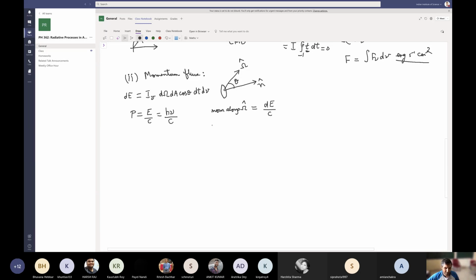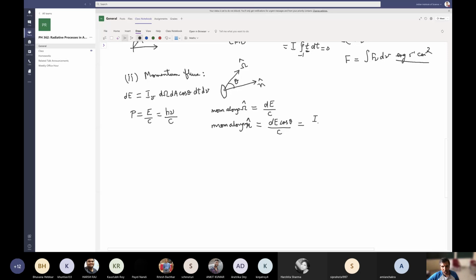What about momentum along n hat? N hat is this area that we are considering, perpendicular to this area. So this will be nothing but momentum along this direction times cos theta, right? So that would be dE cos theta divided by c, right? And if we plug in the expression for dE from above, that just becomes